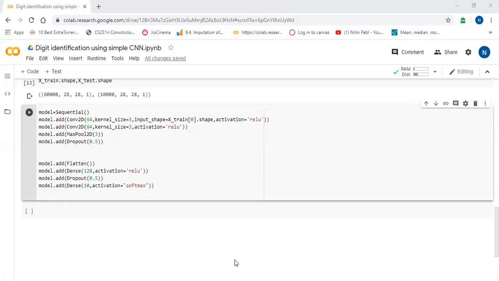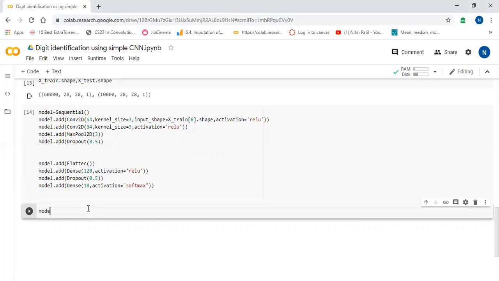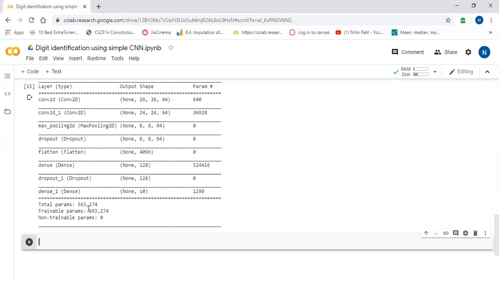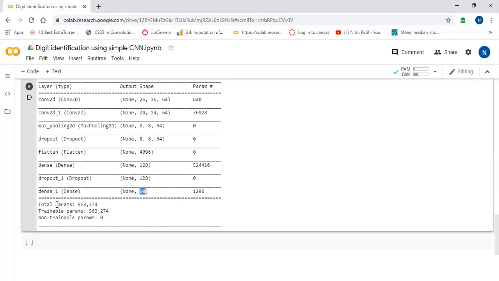So we will say model dot summary. You can see we have added one convolution layer, then another convolution layer, max pool layer, dropout, flatten, dense, and then again dropout, and this is the final dense layer with the 10 units. So the total number of trainable params and total params are there.